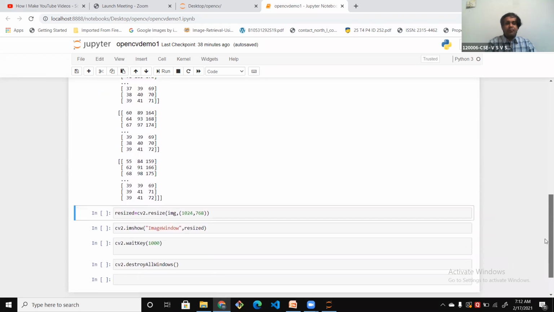Now the next function I would like to show you is resizing the image. Initially, our image is a 400 by 400 resolution image. We want to convert it into a 1024 by 768 resolution. For that, we use the command resize.